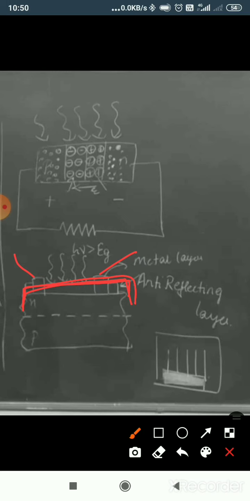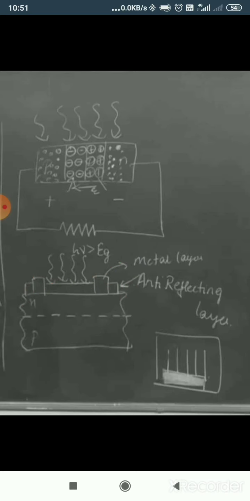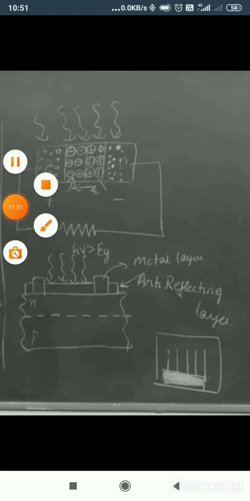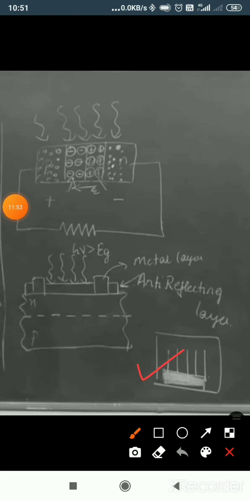In order to utilize whatever light energy falls on the N region, it has to utilize all the energy. Whatever energy falls on it should not reflect back. If it reflects back, the entire light energy is not absorbed. In order to avoid that, the anti-reflecting layer is like a coating on top of the N region. So this is the simple figure that you have to draw in your internal as well as external exams. The metallic fingers will be placed on top of the N layer.